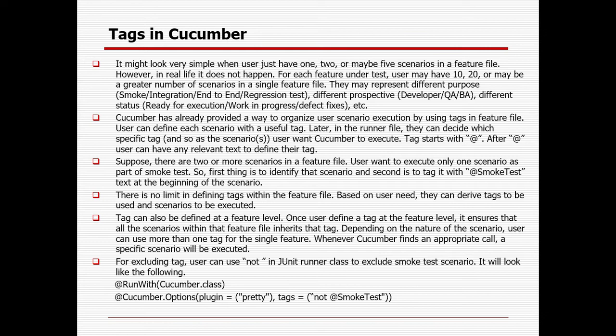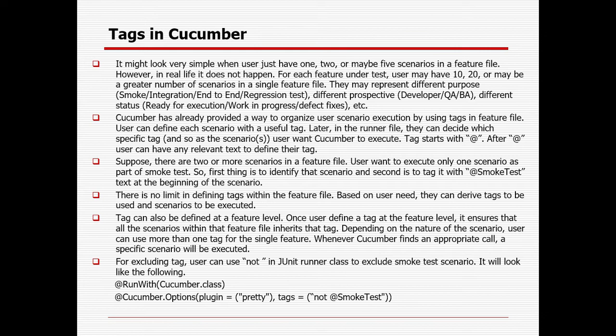In Cucumber there is a tag feature available. With the help of that, based on the tag criteria we provide, we can execute the test cases with the help of the JUnit runner class. It might look very simple when the user has just 1, 2 or maybe 5 scenarios in the feature file. However, in real life it does not happen. For each feature under test, the user may have 10, 20, 100 or more scenarios in a